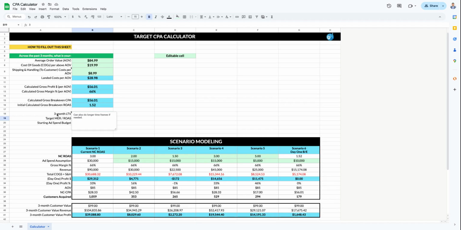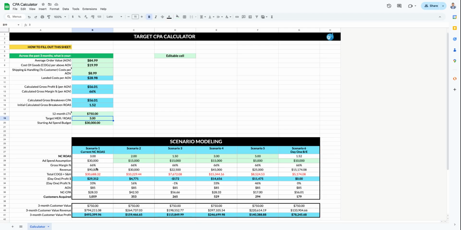Like you can also do a longer time frame if you wanted to do 12 months. Okay. So let's just actually pretend that this is a 12-month LTV. And then let's just say at some time of the year, you do a large upsell to your clients where you might upsell them on like a $750 product, for example. Okay, so if you were to spend 30 grand on ads to acquire them,